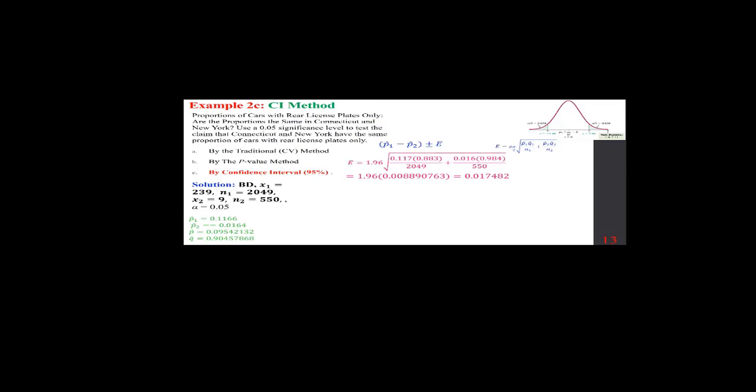Now, one of the things I want to tell you, when you are doing the calculation on your own, you want to spare some time. You want to keep your calculations. If you go back to the previous page, the P1 hat minus P2 hat was the numerator of your test statistic. So in essence, you have that. I want you to know that. So with that being the case, P1 hat minus P2 hat plus or minus, we just have calculated the value of E, which is